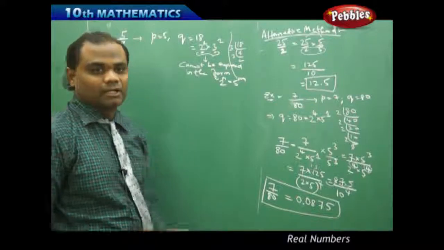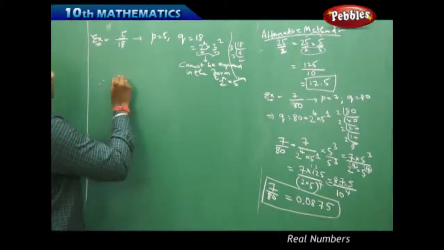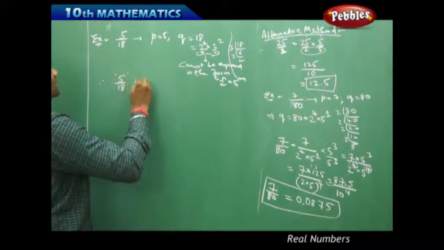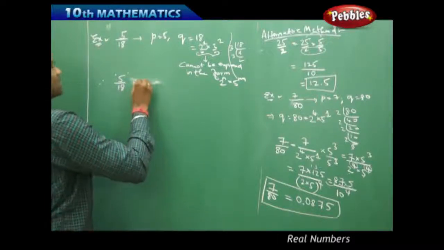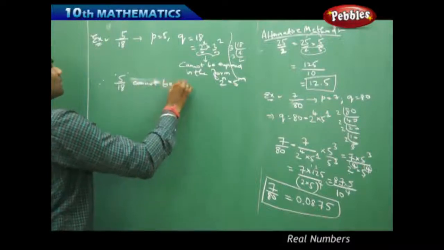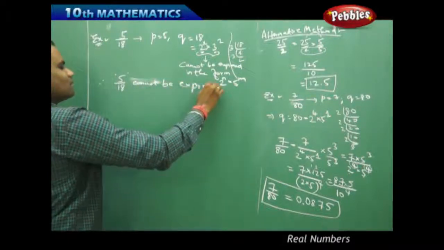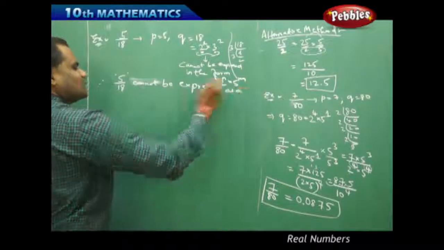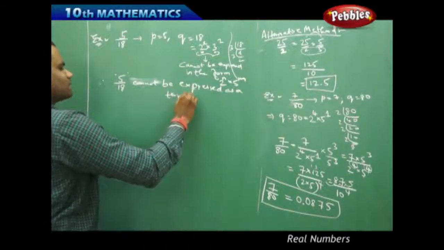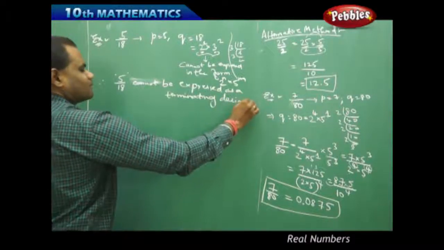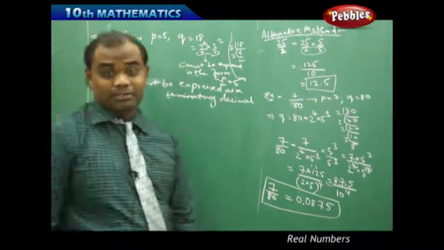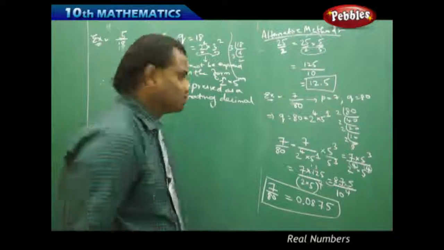So this makes me clearly understand that therefore 5 over 18 cannot be expressed as a terminating decimal. It cannot be expressed as a terminating decimal value